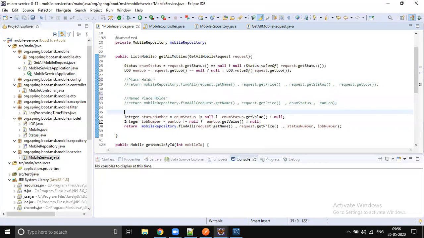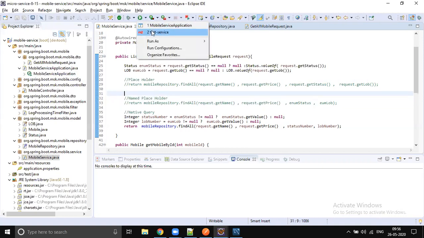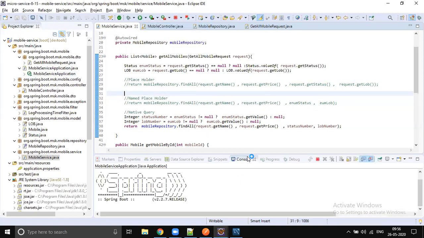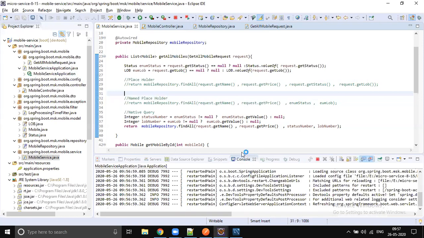The last one is native. I'm showing all methodologies, that's why you're getting confused. If I just show only named parameters, there won't be any confusion for you, it's straightforward: we are getting data, we are applying the filter. But that is not the case; we would like to see all the remaining models also. With more solutions, you will get confused about what to pick and what needs to be applied.